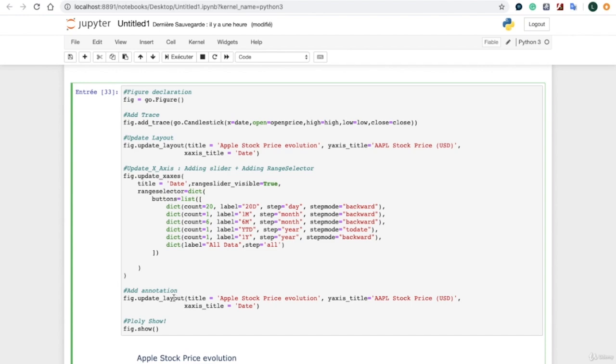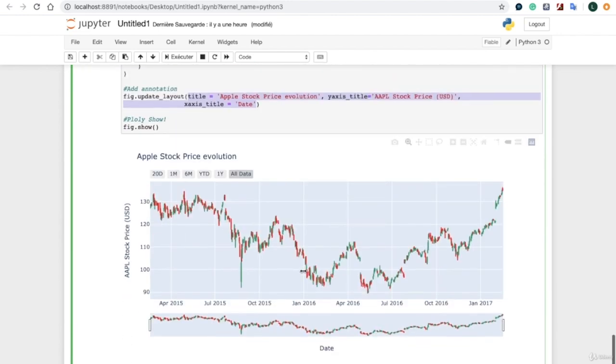Now we are going to add some annotation. First of all, what I want to do here is to be able to add two different